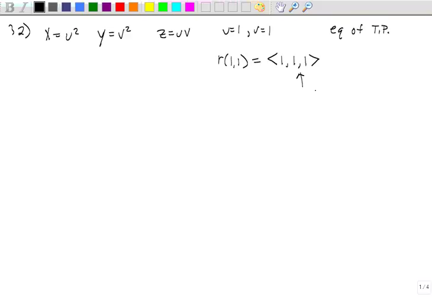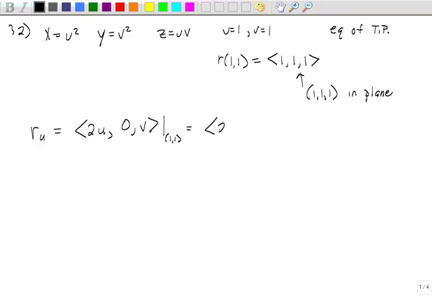This gives us the point in the plane. Now we need two vectors that are also in the plane, and if it's tangent, then we have r_u and r_v. So r_u is (2u, 0, v), and at the point (1, 1), that's (2, 0, 1). And r_v